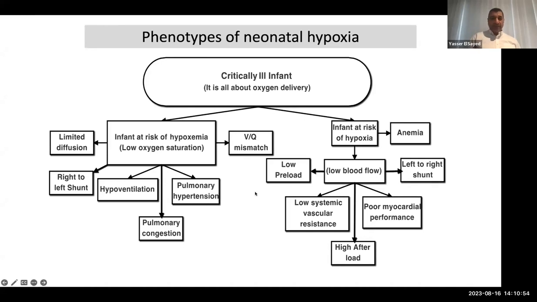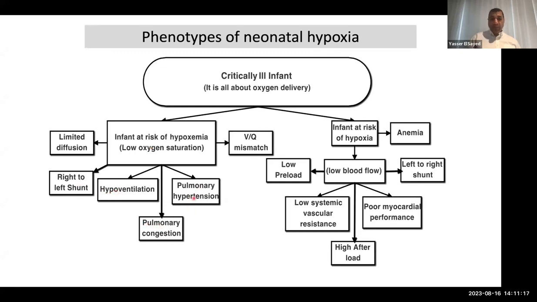So there are two arms here, as you can see. And let me use the laser. You have either an issue related to hypoxemia, which means that the cardiopulmonary compartment does not work well. That might be related to limited diffusion, right-to-left shunt, intrapulmonary right-to-left shunt, hypoventilation, pulmonary congestion,